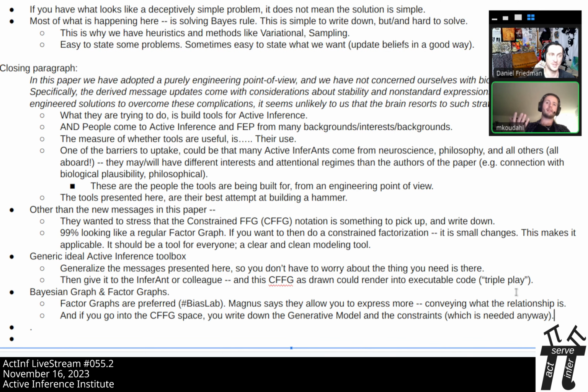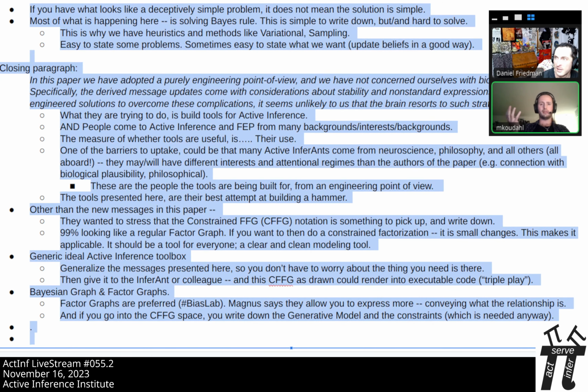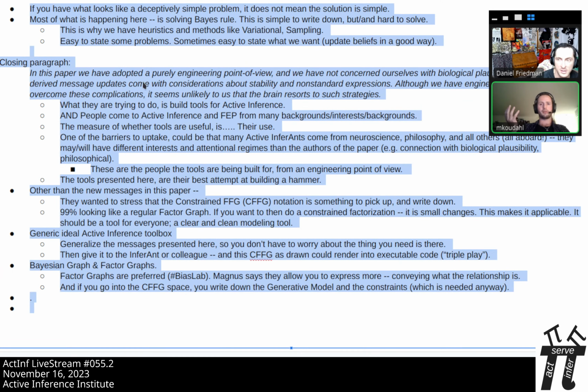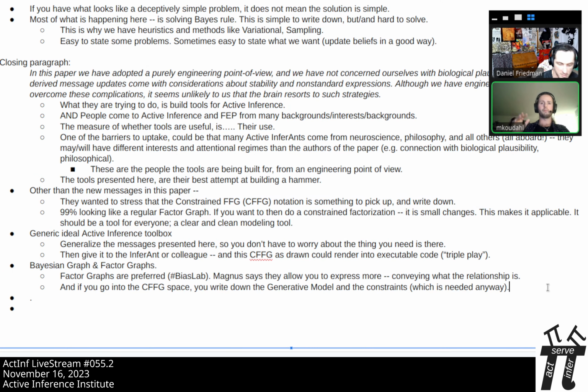this is also one of the things we introduce with these papers, that we identify a need to write down more than just the generative model if you want to be clear about everything else you're doing. Because if you don't have a graphical relation, you need to put it in equations, you need to put it in text, and you need half a page of hieroglyphics to convey what you want to do. And again, that is a barrier if you want this to be an accessible tool for everyone, which is one of the things that I want.